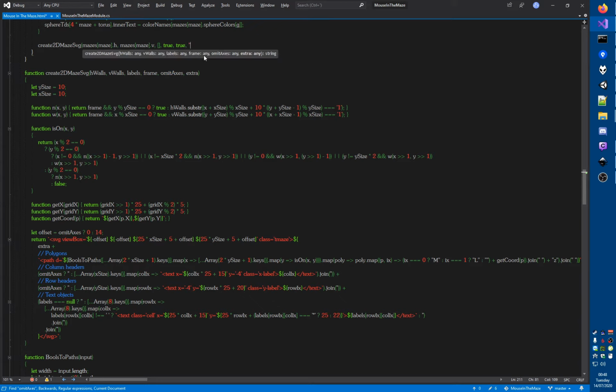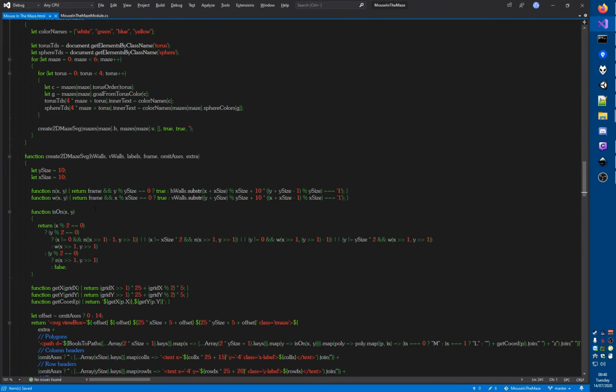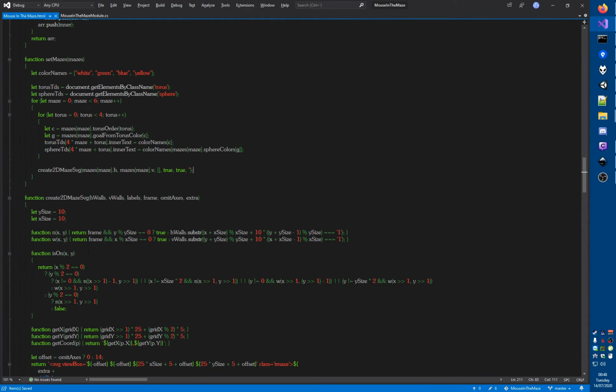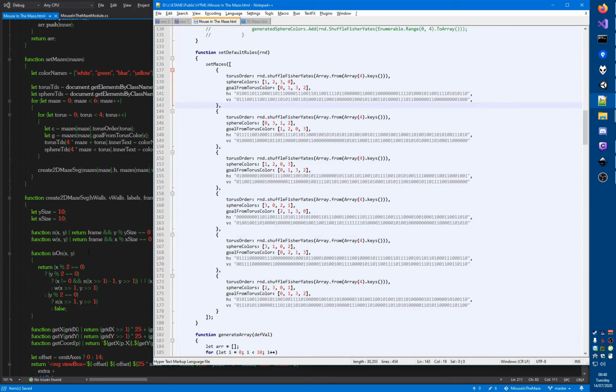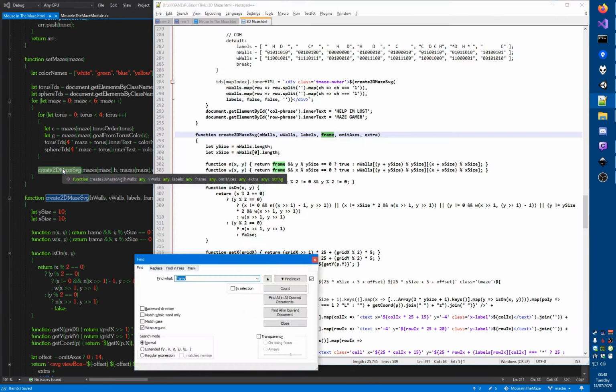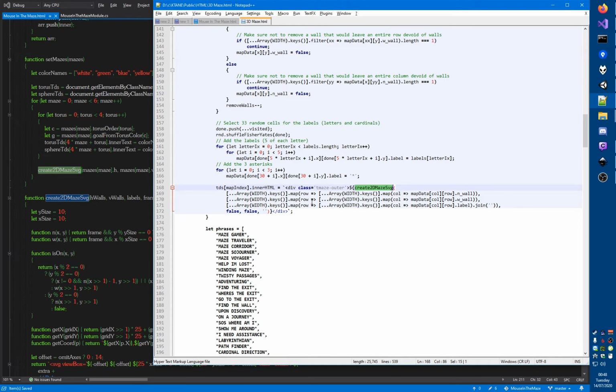And then extra is probably just an empty string. Let's see what the extra is. Right, it's just that. Okay, so let's just see what happens if I do this. Of course, nothing happens because it generates the maze, but then doesn't do anything with it. Let me very quickly take a look at how I use that function in 3D maze. And yeah, that's it. I just use inner HTML. There is a div around it, but that's because in 3D maze you have a caption at the top which says like ABH or BCD. We don't have that, so we're literally just gonna plonk that right into